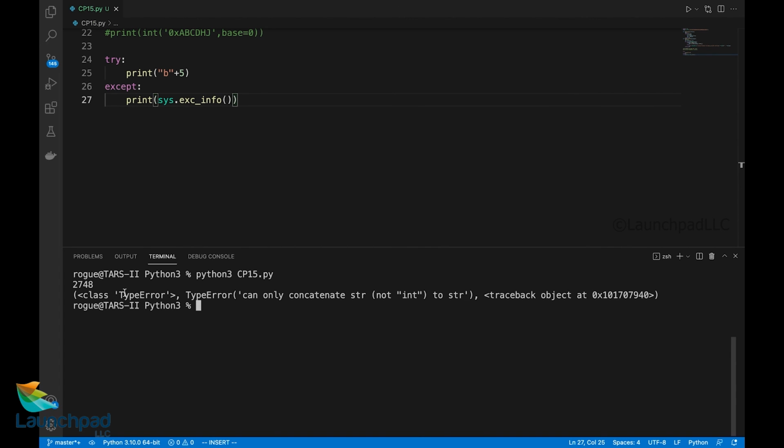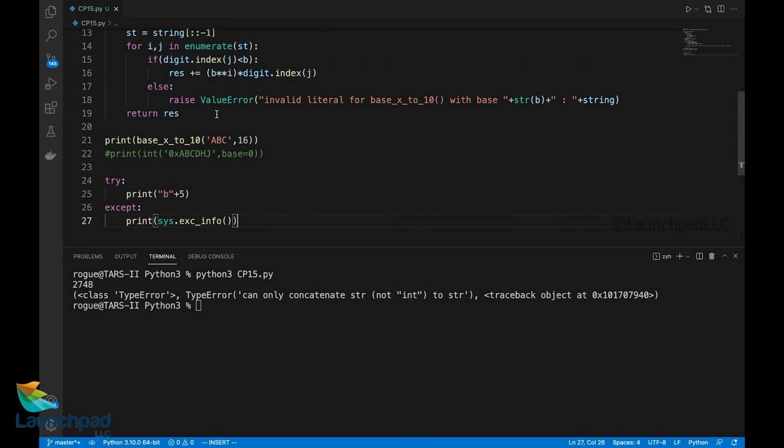It says we have made a TypeError, and the TypeError has an argument: can only concatenate str, not int, to str. We are trying to add an integer to the string. This is the error message, and this traceback object represents the location of it. So this is basically a tuple which has three values. First is the type of the error, second is the error message, and last is the location where that error has been raised.